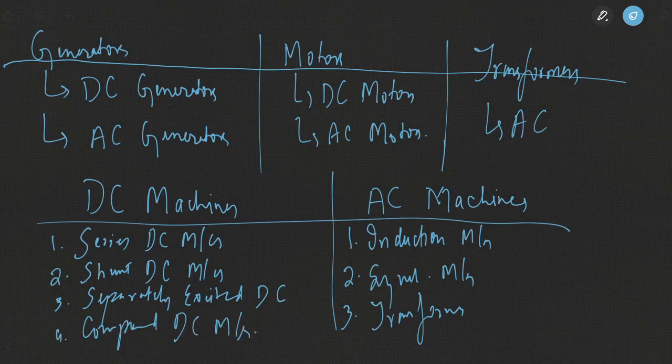So each of the DC machines, series DC machine, there will be a series DC generator, a series DC motor, a shunt DC generator, a shunt DC motor. You will have a separately excited DC motor, a separately excited DC generator, a compound DC motor, and a compound DC generator. So these are different classifications of DC machines. There are other machines that also work on DC, but for now, these are the different types of machines that we will be covering in detail in this